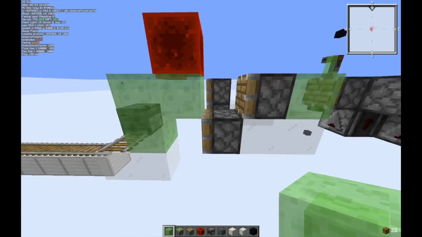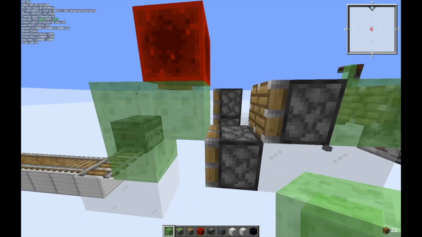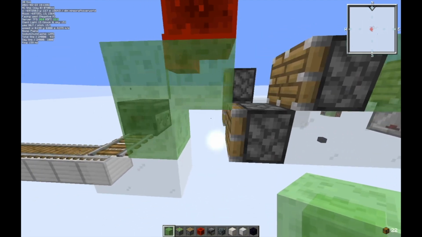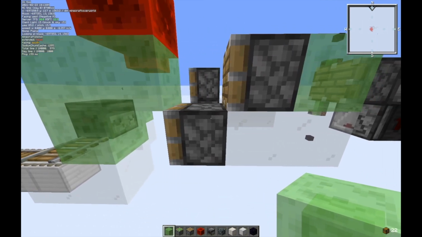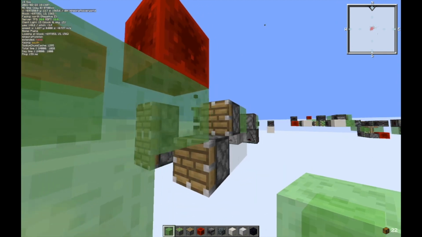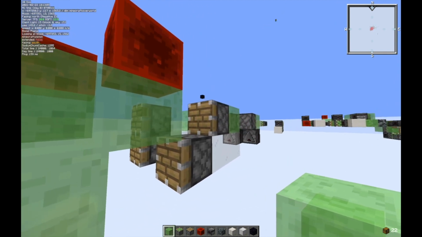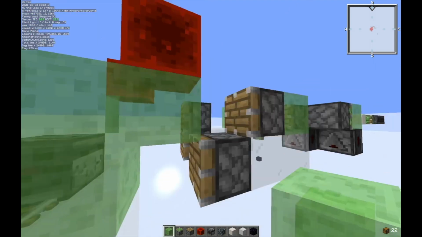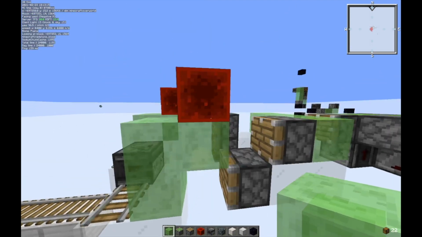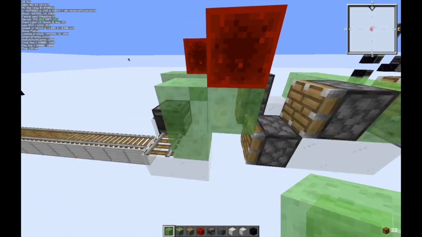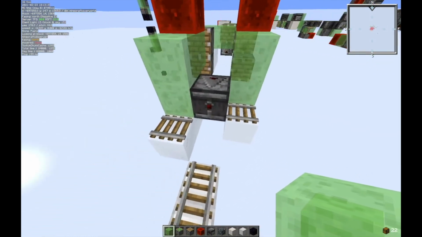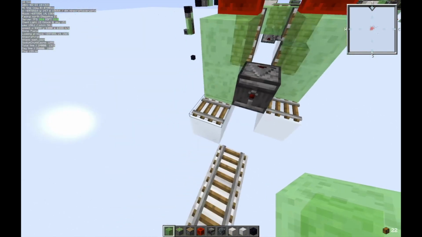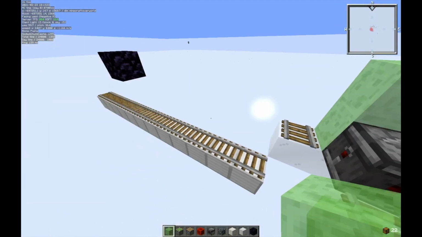This piston will push first, and then it will drag this piston along with it, because it's stuck to the slime still. And then this piston will update, and it's still quasi-powered, so it'll push the segment forward again. And here I have some little rails on the feet, and a bunch of rails,